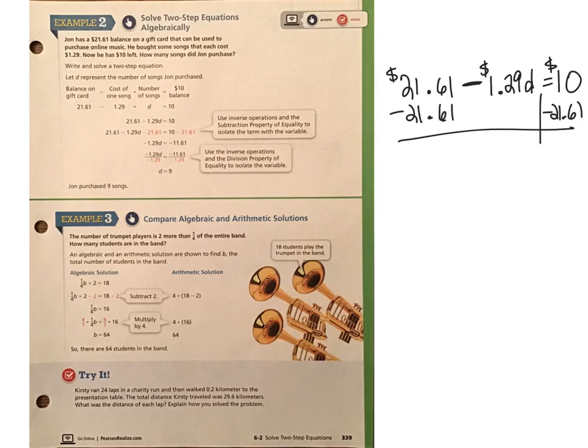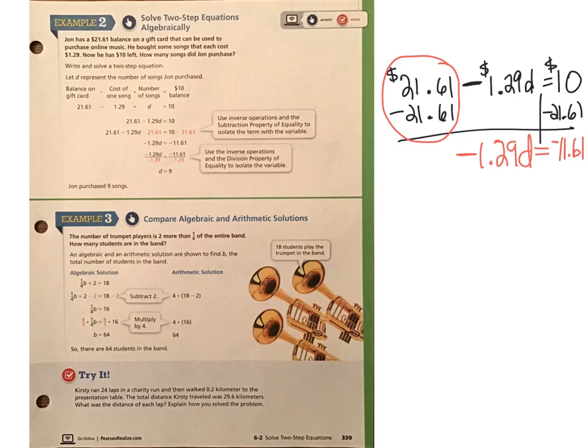Use your calculator. Notice that when you do that here, you end up with a negative 129D, because remember that was subtracted, so it's like having a negative there, equals, and here you get a negative $11.61. Now I know it seems weird that you have negatives in there, but again, bear with me, because